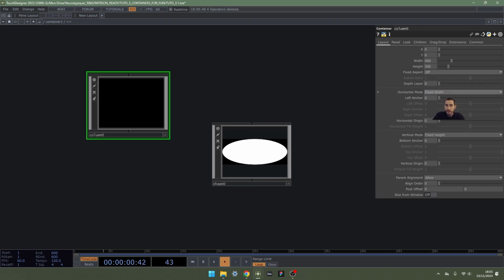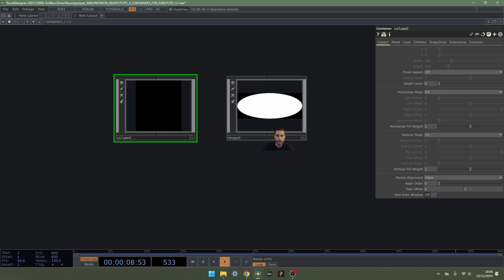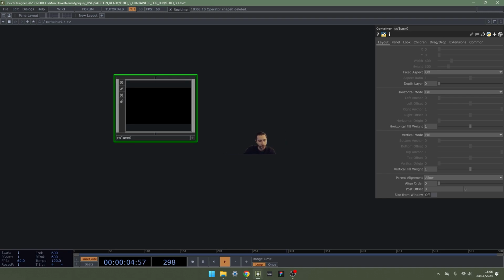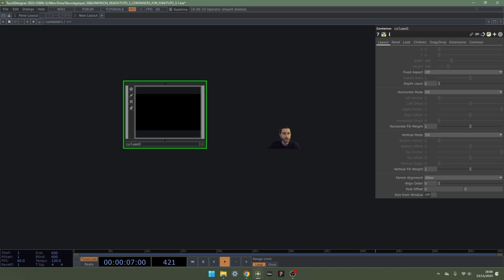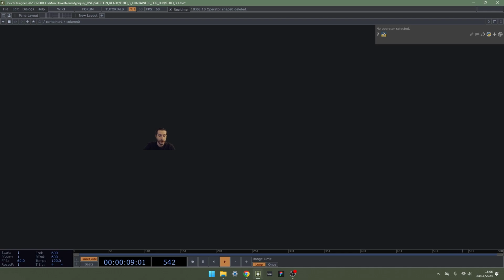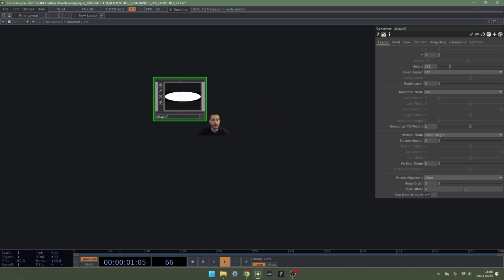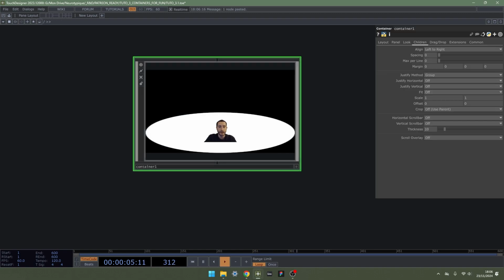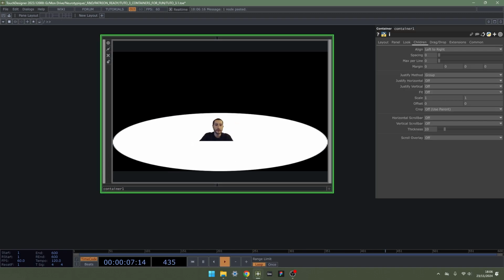I'm setting the vertical mode to fill and the horizontal mode to fill. Then I'm taking my shape, and my shape is going to be in the column. So I'm hitting Ctrl X to cut, going into my column, and Ctrl V to paste. Now I have my column, my shape, and then my canvas.